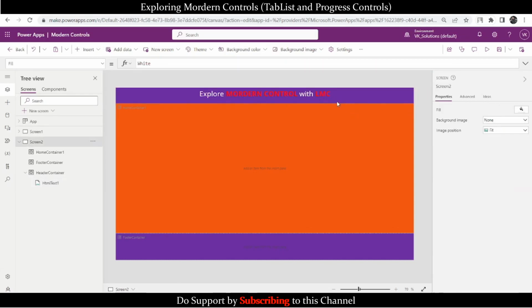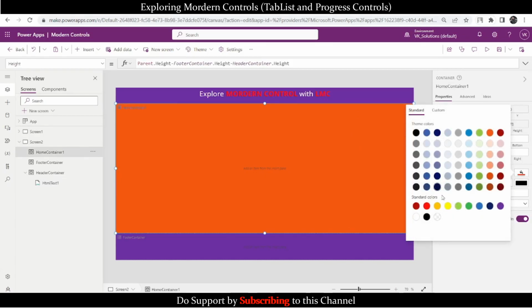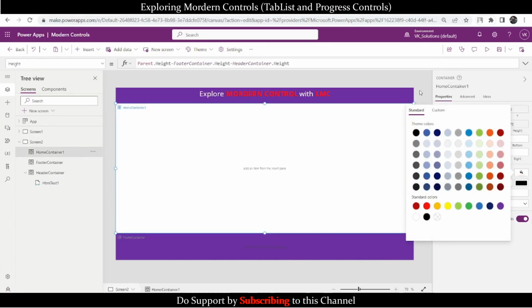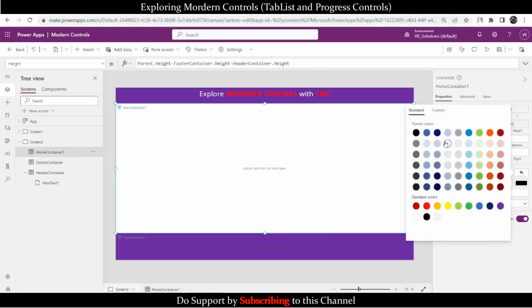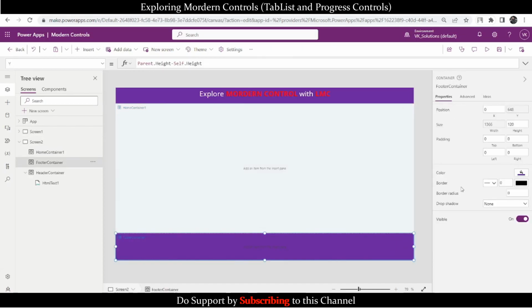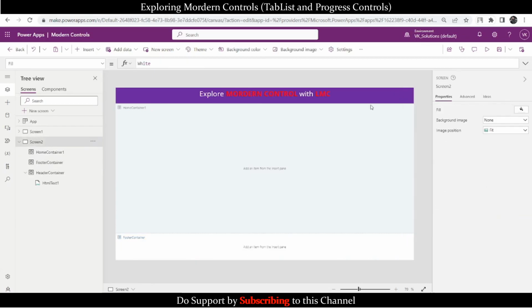So I think this is looking fine for now. For learning purposes, this is good, right? I'll give it a little bit maybe this kind of color. This I'll keep as white footer. Okay,